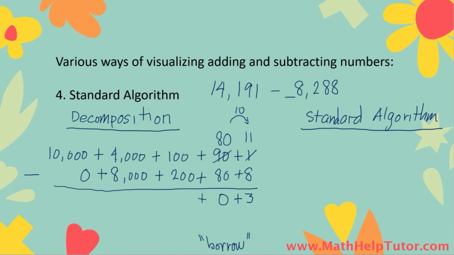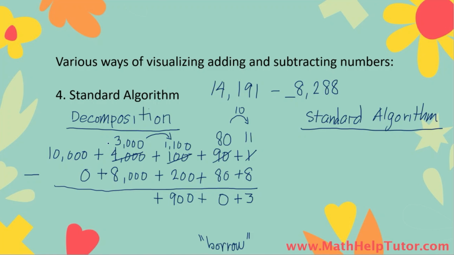We are going to borrow 1,000. Let's transfer 1,000 from the thousands place to the hundreds place. So 100 plus 1,000 becomes 1,100. And 4,000, since we took away 1,000 from it, becomes 3,000. Now we can perform the subtraction in the hundreds place. What is 1,100 minus 200? That will be 900. Let's put a plus sign over here